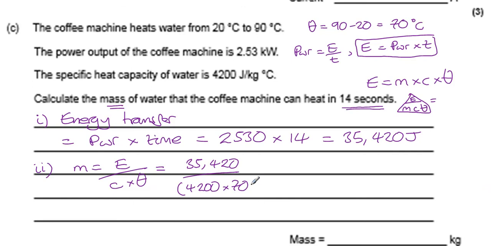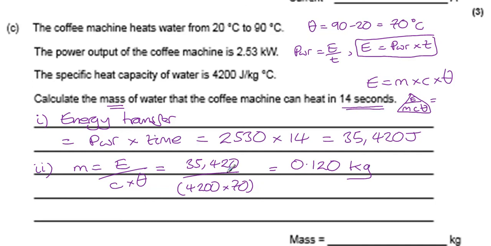Right. This is, by the way, the really hard question at the end. It's pretty much the hard question at the end. Right. Again, you can do this in various ways. You could plug into your calculator 35,420 divided by 4,200 and hit equals, and then divide by 70 and hit equals again, and you get a mass of 0.120